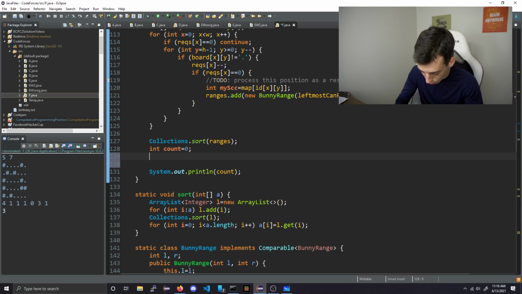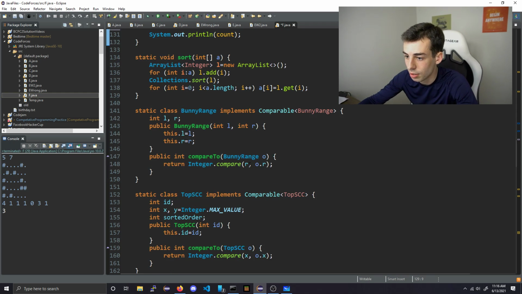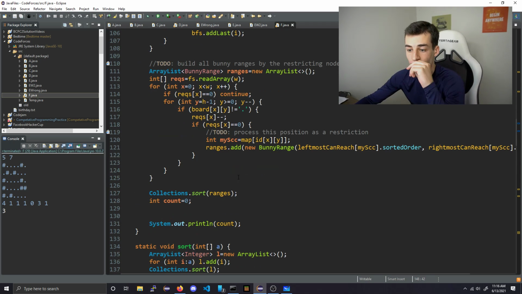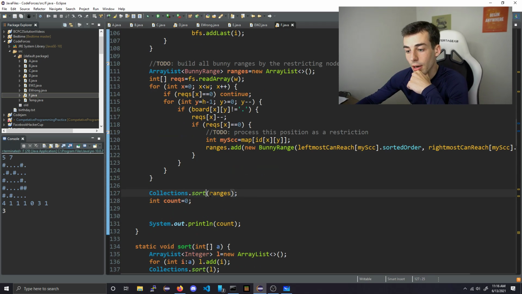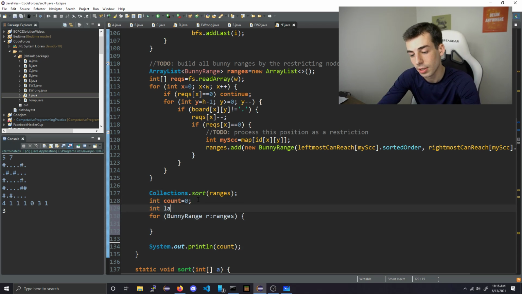How does gassing bunnies work? We sort them by their left endpoint. Yeah, sort by left endpoint. Okay, so this needs to be compare left to other left. All right, so we sort the ranges. Now we have the count. So now for bunny range in ranges, int last kill equals